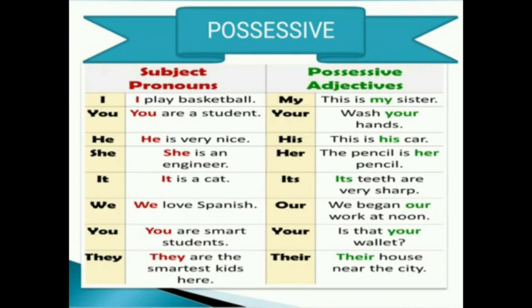Next is possessives. Now here students, a table is given which very clearly reflects the difference between the possessive adjective and the possessive pronoun. Here pronouns are not determiners, whereas a possessive adjective is exactly the possessive determiner, like my, your, his, her, their, etc. Okay, so just go through the table and we are going to explain this in detail.